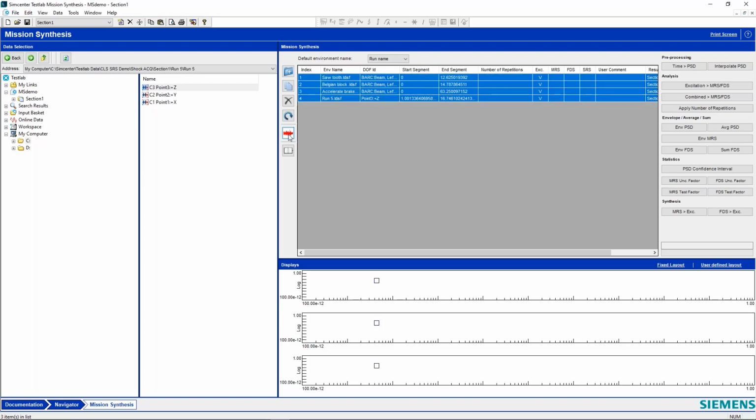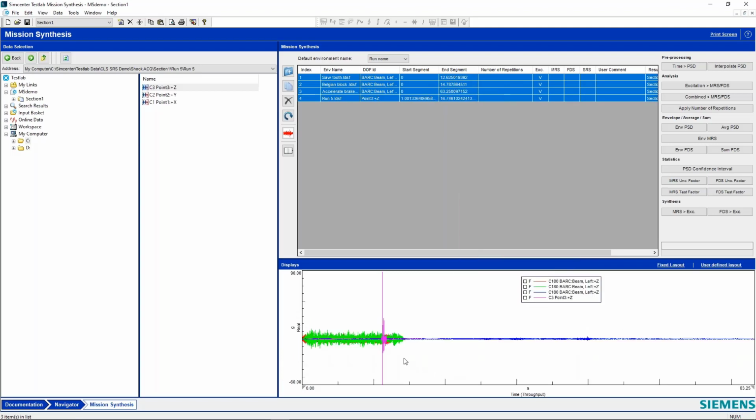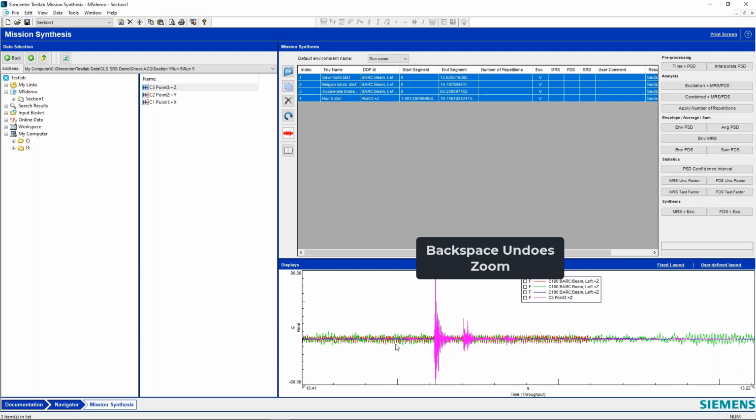So the next thing we can do is just display all of this. And we can see here, we'll hit Control and left click, display size, and maximize this. So we can see the time histories. We've got a nice shock event here. And then we have our other time histories here.